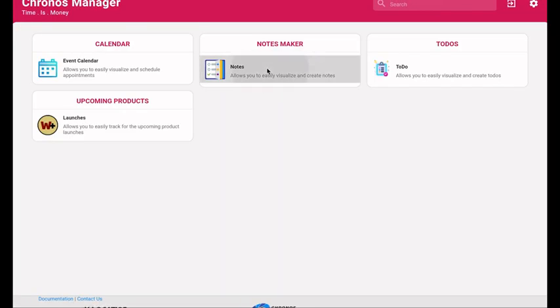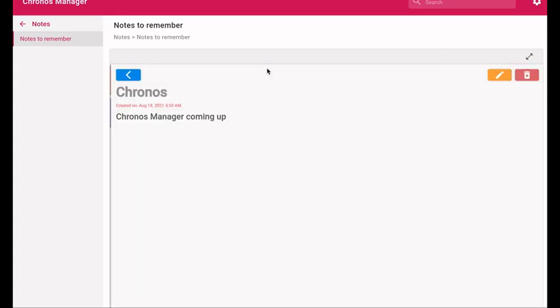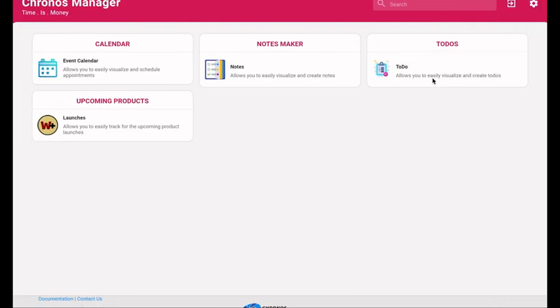So notes maker, so this is how the notes maker is basically says what you are going to do. For example, I am doing a Kronos Manager review. I will say that I have to get my email list ready. I have to create a newsletter for my autoresponder. I have to do a YouTube review video. So everything you can mention here in your to-do list for the audit purpose, what you have done for the Kronos Manager. So same thing it will be applied for your next product. You can enhance, you can work out, all these things can be done.